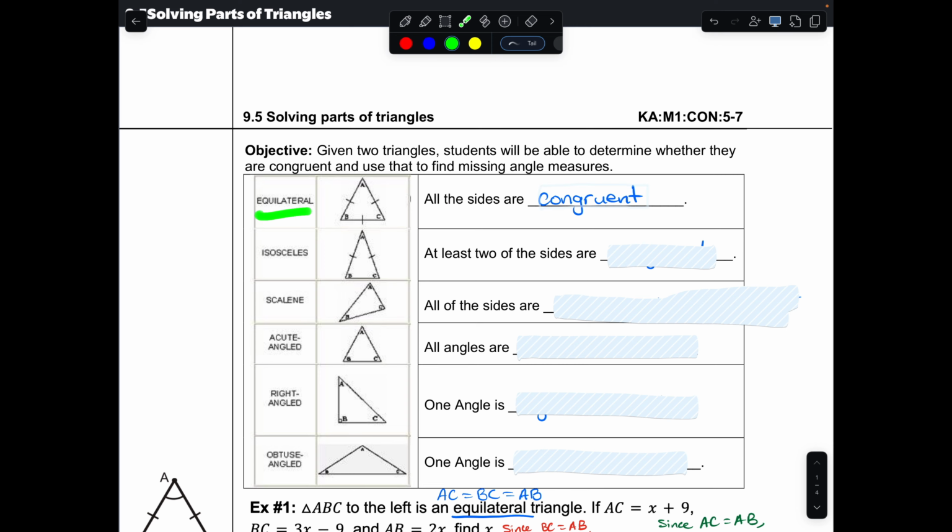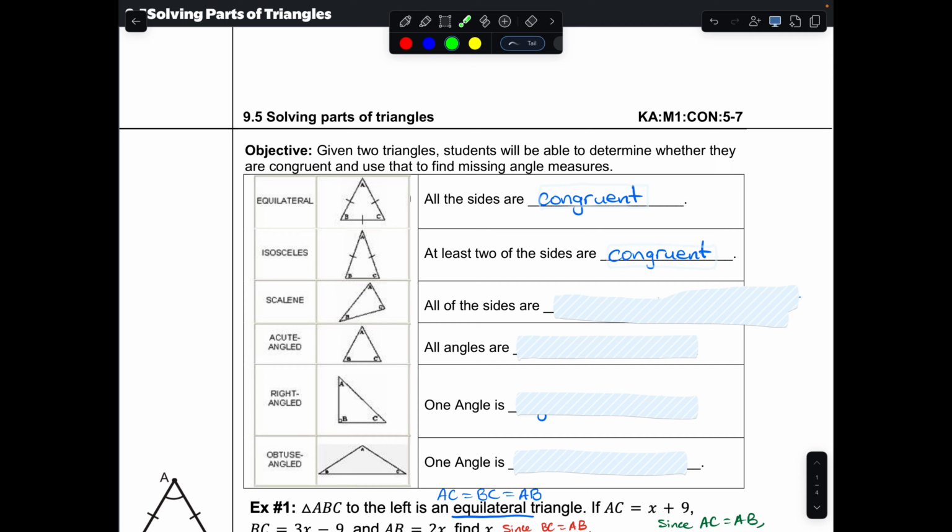An equilateral triangle is one in which all the sides are congruent. An isosceles triangle is one in which at least two of the sides are congruent. The "at least" is really important here. An equilateral triangle has two sides that are congruent. It happens to have a third side that's also congruent. But what this means is that every equilateral triangle could also be called isosceles because at least two of the